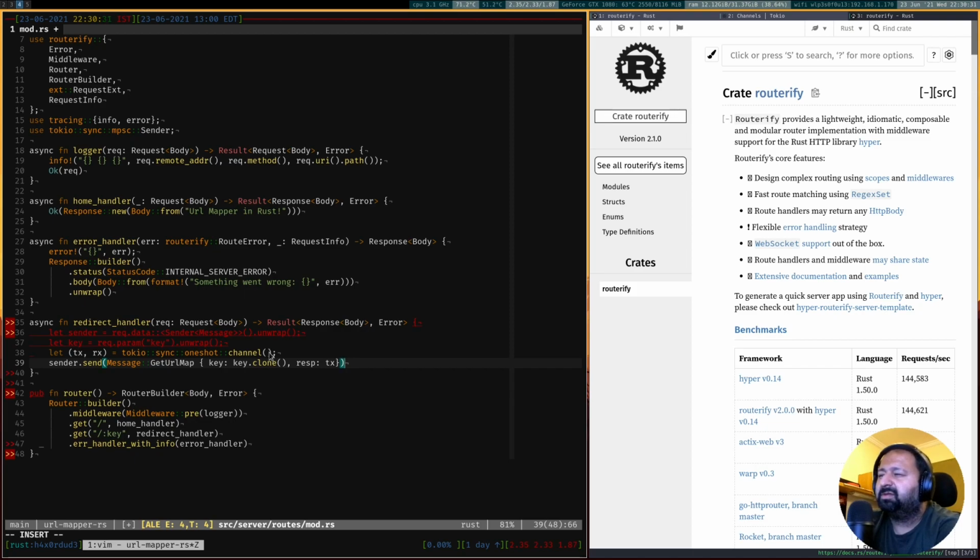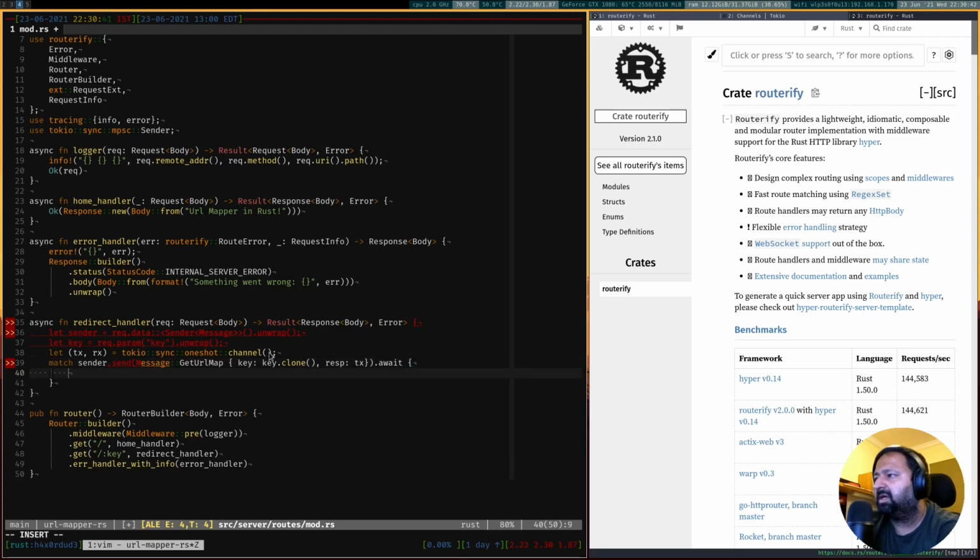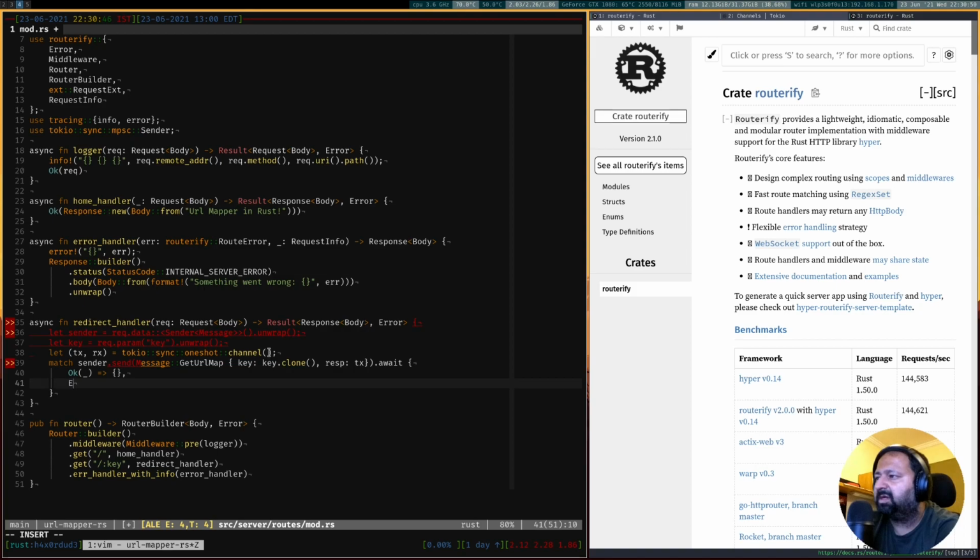Now this obviously has a potential to fail, and maybe we look at that. So once we've sent it, we have to await, and we will match on this for now, I guess, because there are two cases. If it just succeeds, we don't have to do anything. But if there is an error, let's use our error tracing.